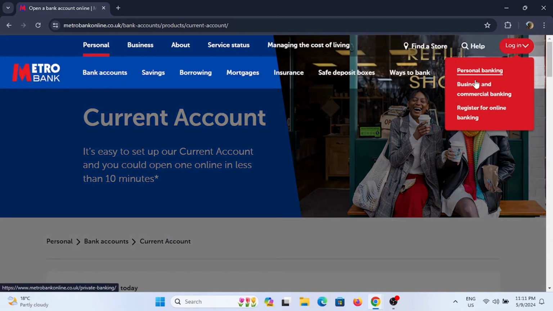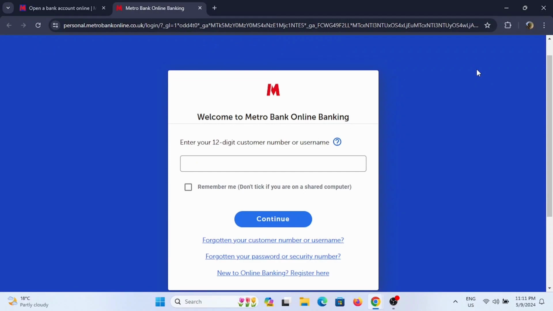If you already have an account, select on the Login option and select your banking mode. If I have a personal banking, I'll select on Personal Banking. Then all you have to do is enter your 12-digit customer number. Then select on Remember Me, but only use it if you are using your private device. Then tap on Continue. At the bottom, you will see some of the options to recover your account in the